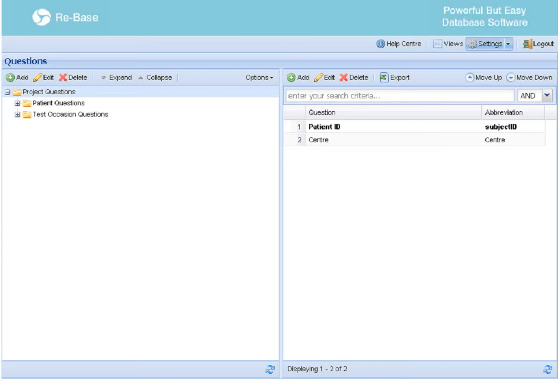Welcome to this help movie on managing Rebase questions. If you haven't already seen the overview and demo movies, we would suggest that you do so before watching this. This movie will discuss the folder tree, the question grid, provide examples on setting up some questions, moving questions and